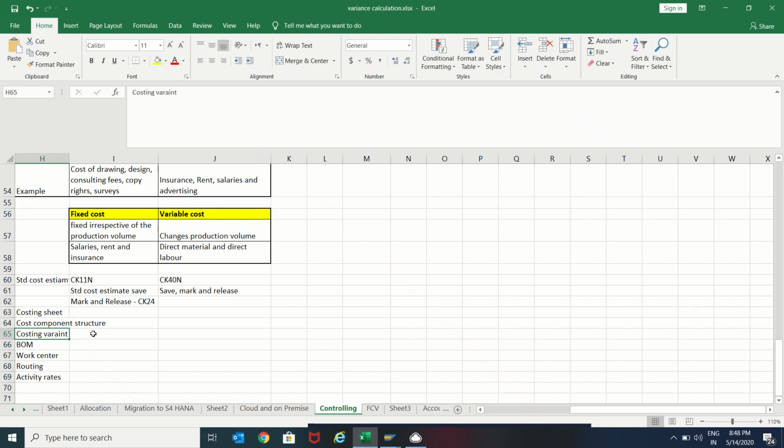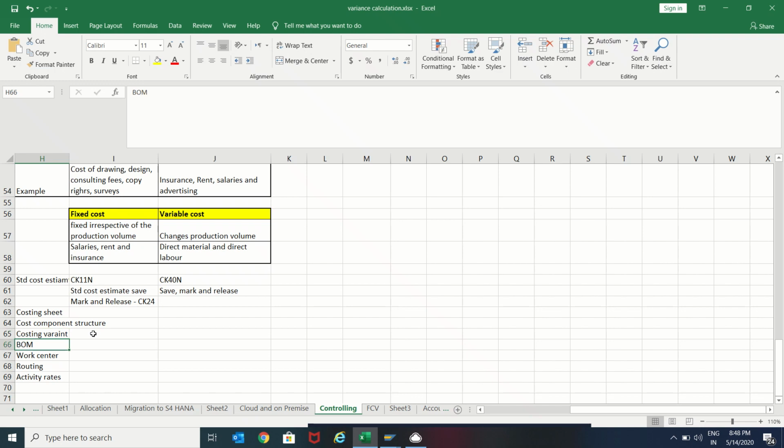And the costing variant is used to define how the costing has to be performed: what valuation it has to take when using the components in the finished material, how component values and activity values are considered, what costing sheet it has to consider for overhead, and for external processing and subcontracting, how the system takes the priority of the sequences. Those we maintain in the costing variant, which again has different parameters that we will see.